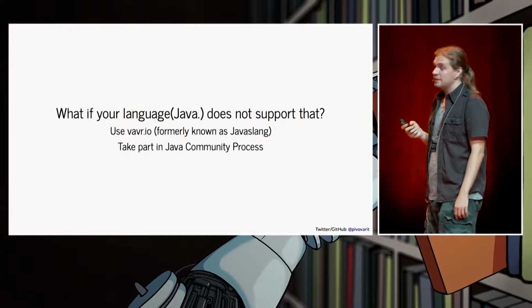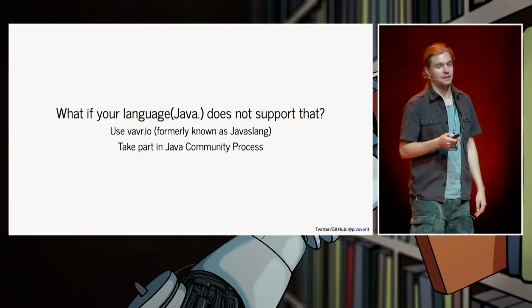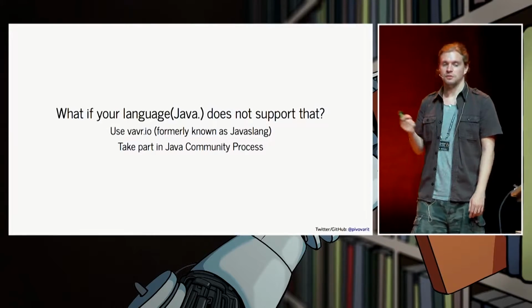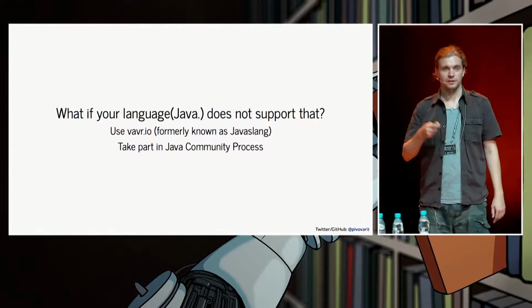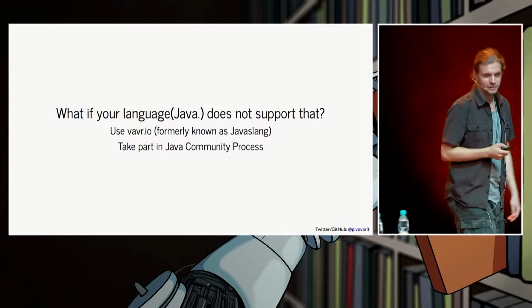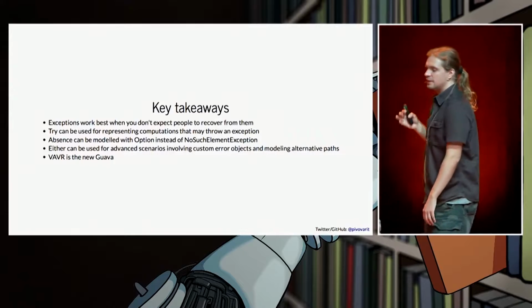Then people were complaining about the date API of Java. Well, the community pushed it, and now there's Java Time. And so on and so on. So if you'd really like to see those kinds of tools in Java, you can actually do something about that. So we are slowly getting to the end.